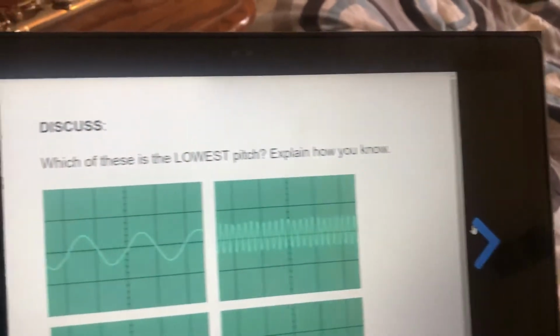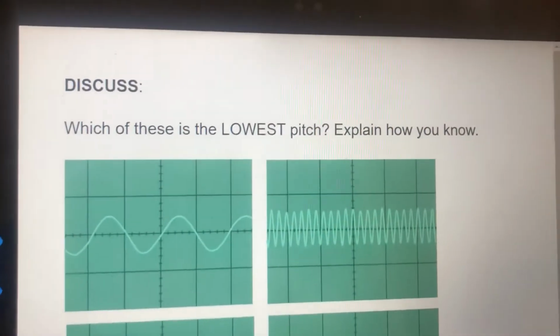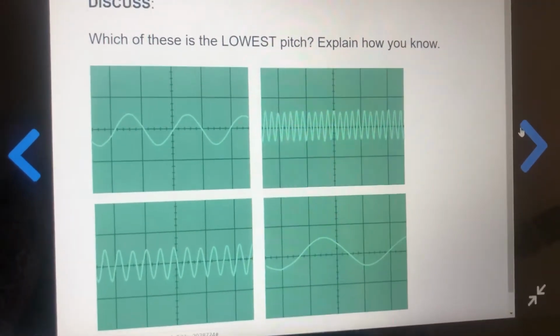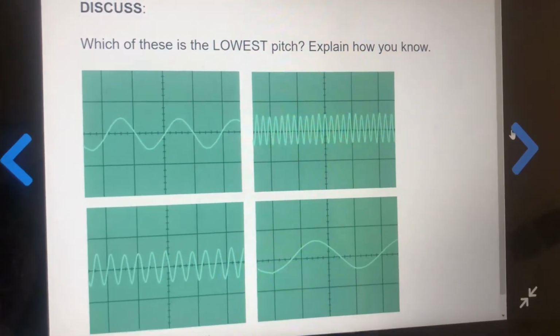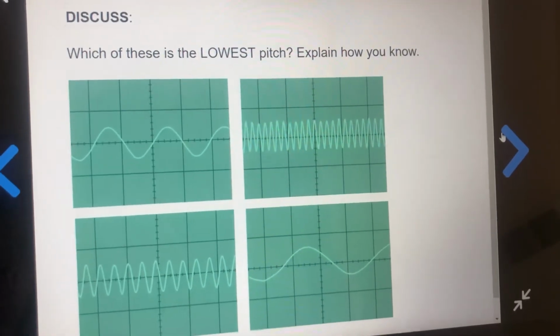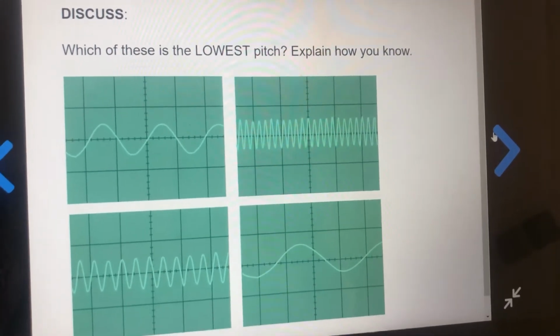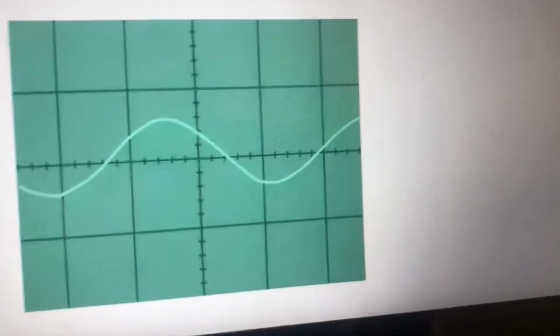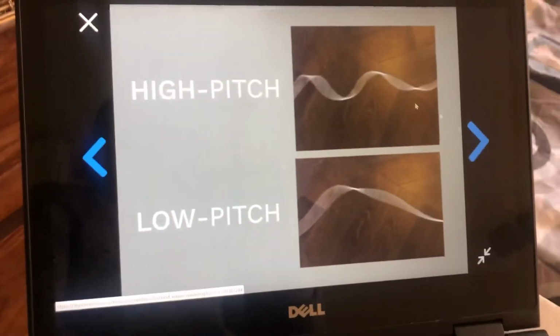Next question. Which of these is the lowest pitch? So taking a look at the pictures, comparing all the waves, we remember that lowest pitch means it has a long wave. You can only fit one or two in the picture. So in this case, this one is the lowest pitch. So let's watch the video introduction, and then I will do